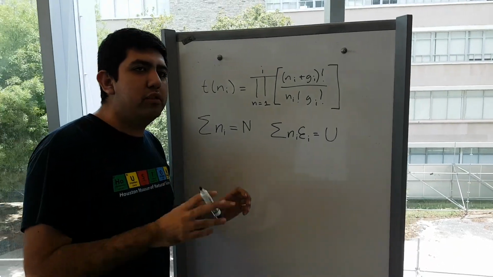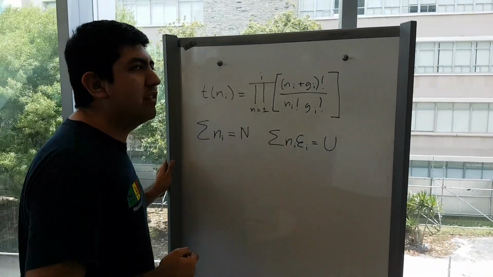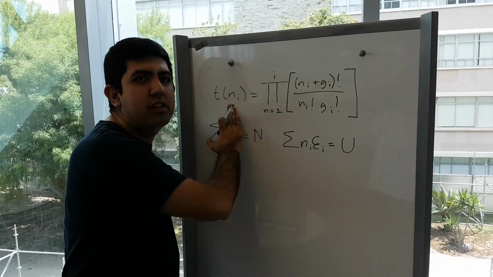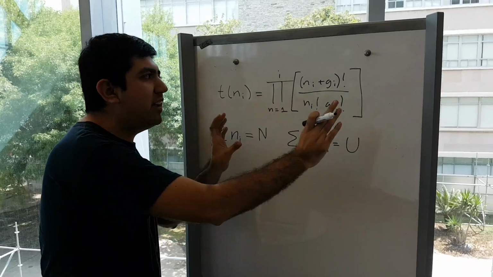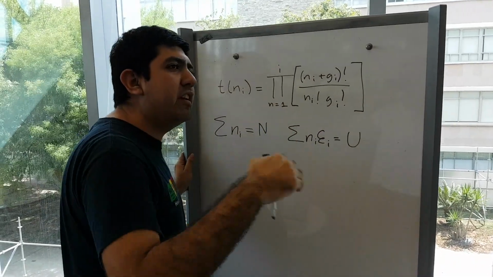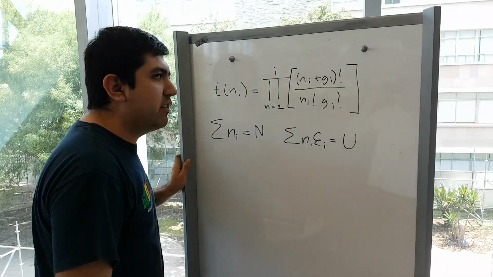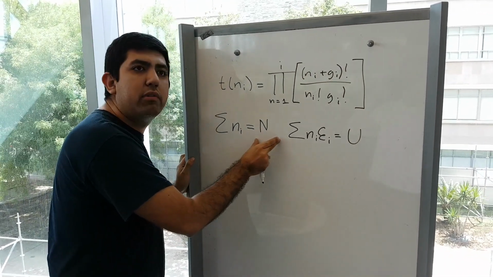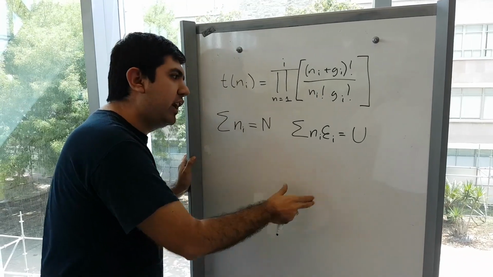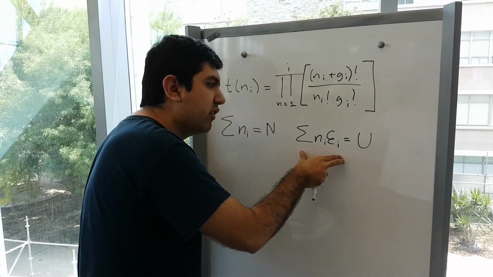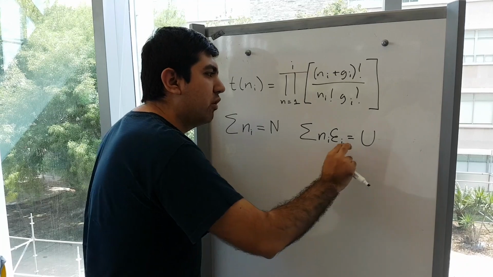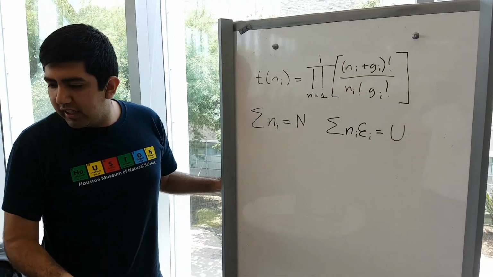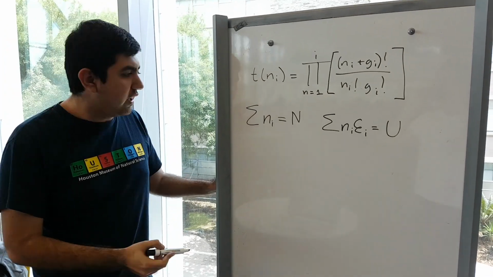Based on this, we can actually make a function based on how many states we can have, and all we have to do is base a function around the population that we do wish to have, which is a massive factorial function, and every single product right after that. We also have to remember the simple rules that all the population must equal a certain number of atoms that we already know are in the system, and that the sum of all the potential energy levels in there is also equal to a finite amount that we already know. So with that in mind, we can get to a lot of derivations straight from the get-go.